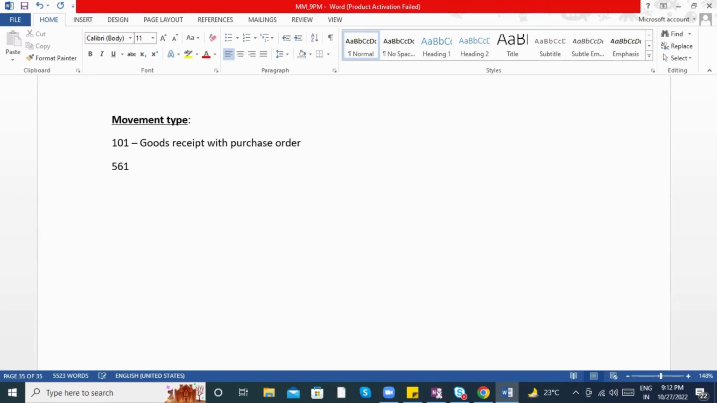And if you talk about 561, or 501, what is the purpose of 561? This is also a goods receipt, but without purchase orders, without anything. It's like an initial stock upload, right? Like every process, 501 movement type is also a goods receipt